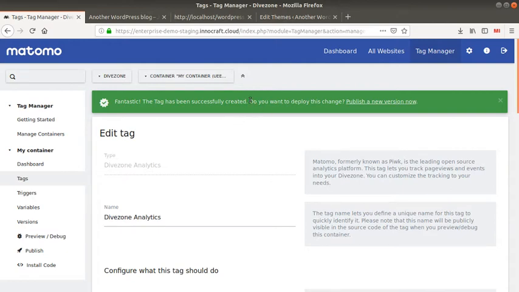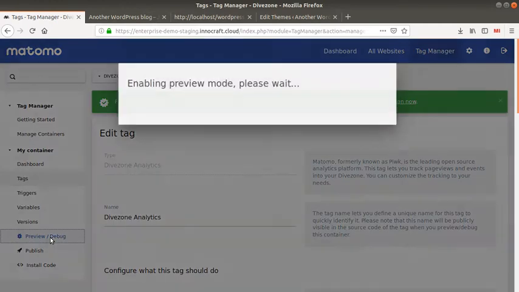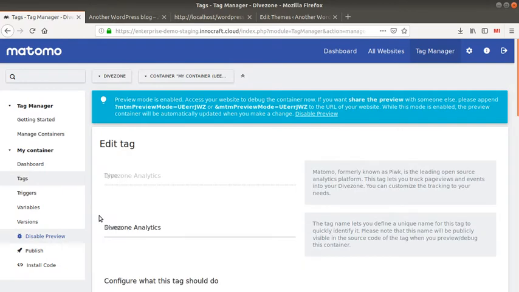If you would like this tag to go live, it's like within a CMS when you create a blog post or a page, it does not go live yet. You need to click on publish in order to have it live. So in my case, what I'm going to do is maybe just preview it and debug it,